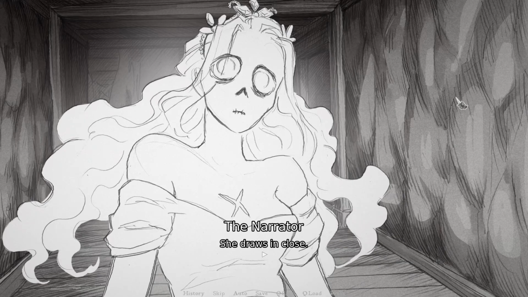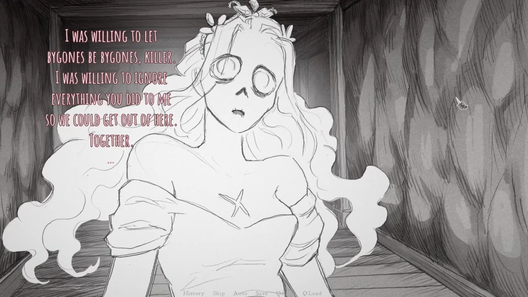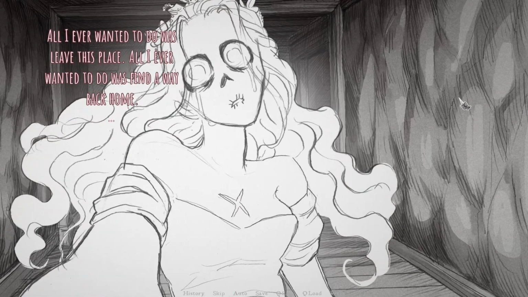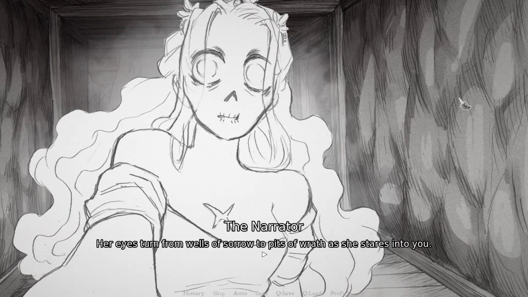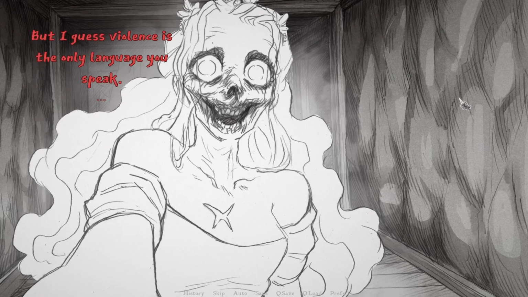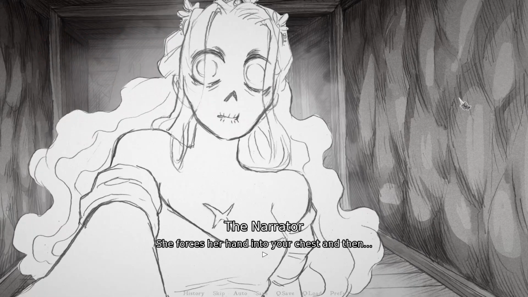She draws in close. I was willing to let bygones be bygones, killer. I was willing to ignore everything you did to me so we could get out of here together. All I ever wanted was to leave this place. All I ever wanted was to find a way back home. Wherever home is. Her eyes turn from wells of sorrow to pits of wrath as she stares into you. I guess violence is the only language you speak. She forces her hand into your chest, and then...